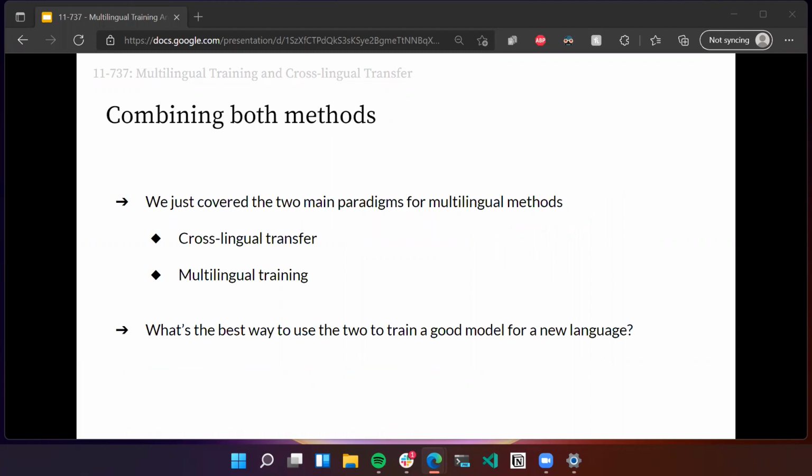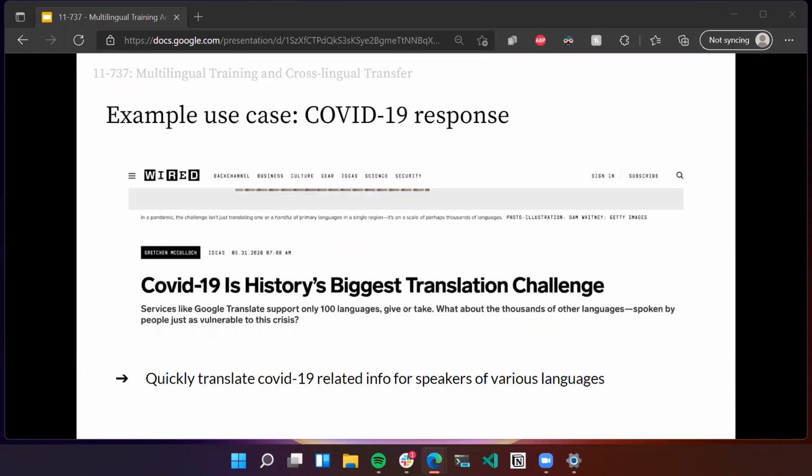But let's say now that you want to train a good model for a new language. Let's say you decided that now you want to serve a new language in production. Or another use case, consider the COVID-19 response. 2 years ago,